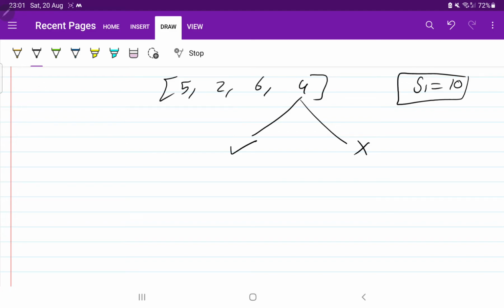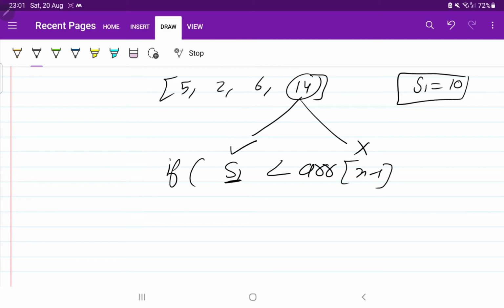So if S1 is smaller than array of n minus 1, suppose instead of 4 if 14 is there, are you going to choose 14? No, because we want sum as 10 and here 14 is given. So at that time we are going to leave this element.